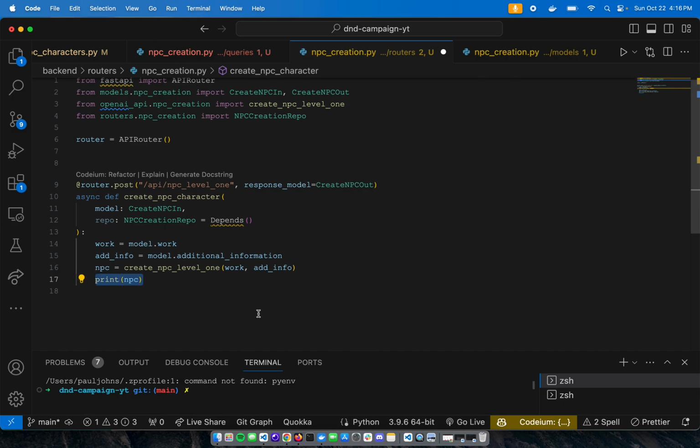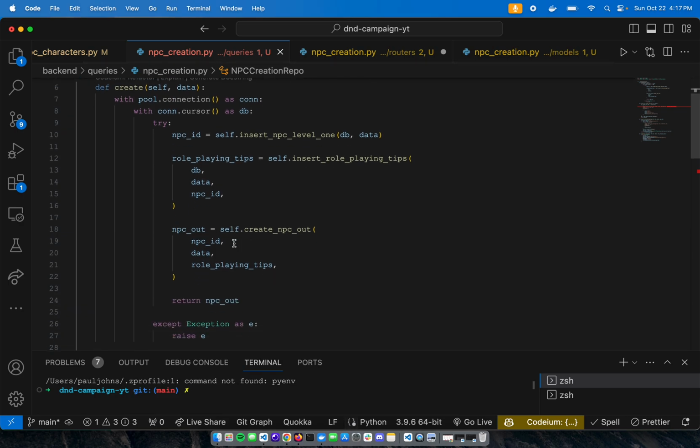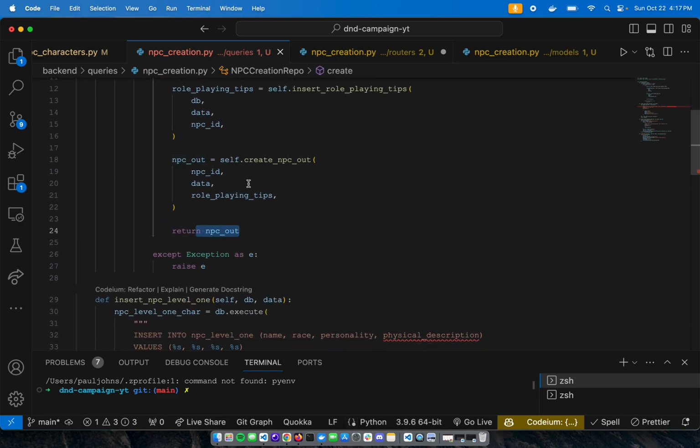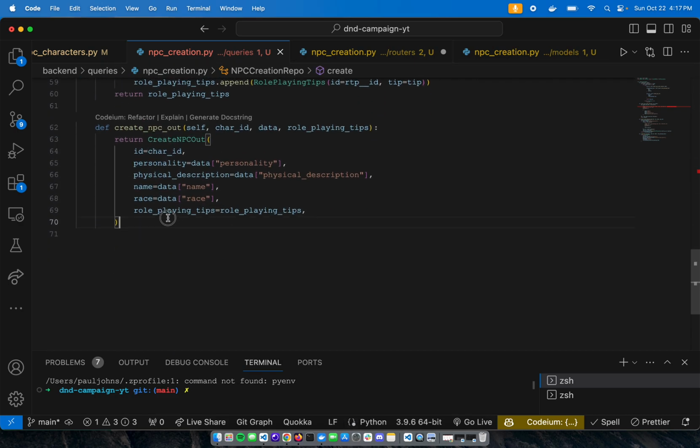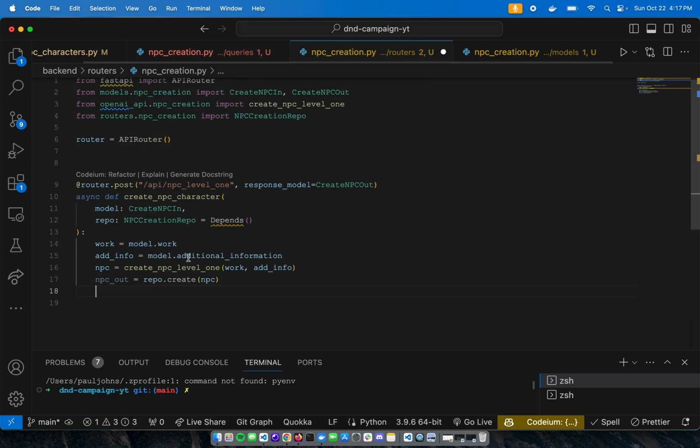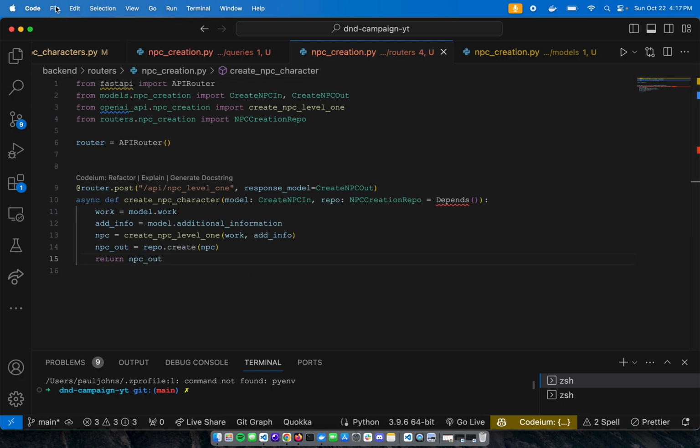So now what we can do is, let's call this npc out equals repo.create, and we can pass it npc data. And because this query is returning a model, our npc out model, we should just be able to return npc out here, save it,